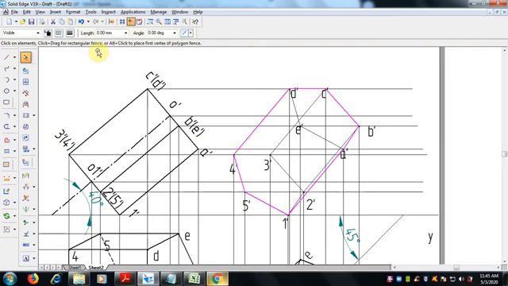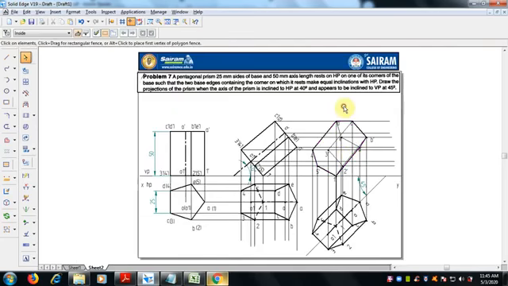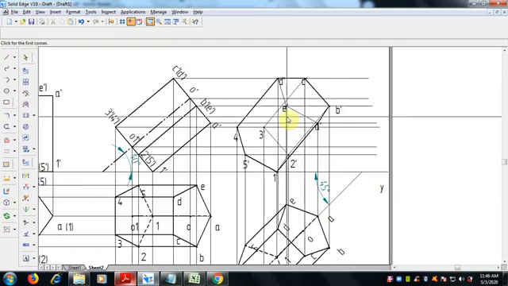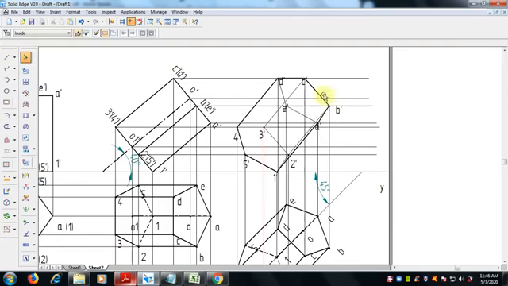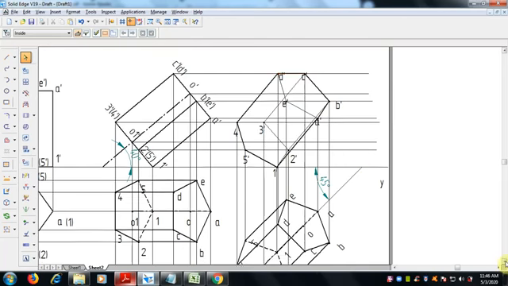First the boundary visible edges, this is what we have to do. Now let me zoom here. The boundary we have drawn is visible.